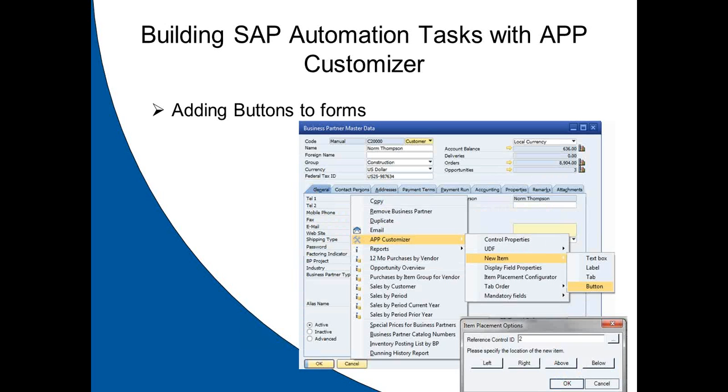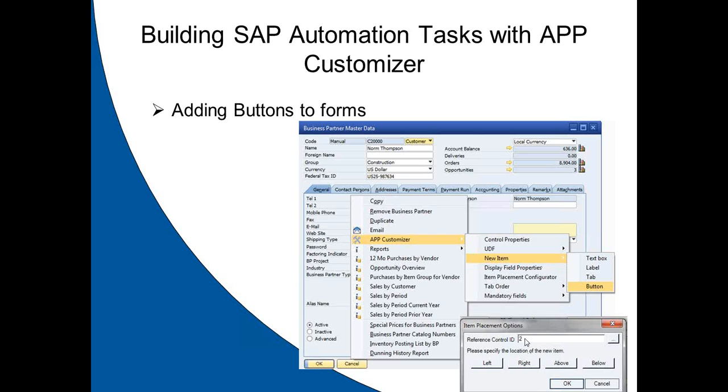So to do that, we will open up the business partner window. We're going to right-click on the form, go to APP Customizer, select New Item. And this time, instead of tab, we'll select button. Okay, and if we want to place it next to a field, the best way to do this is instead of right-clicking on the form at the beginning, right-click on where you want to place it. So if I want to place my button to the right of the cancel button, I just right-click on the cancel button. And when I get to the new item button selection and the item placement options come up, it'll